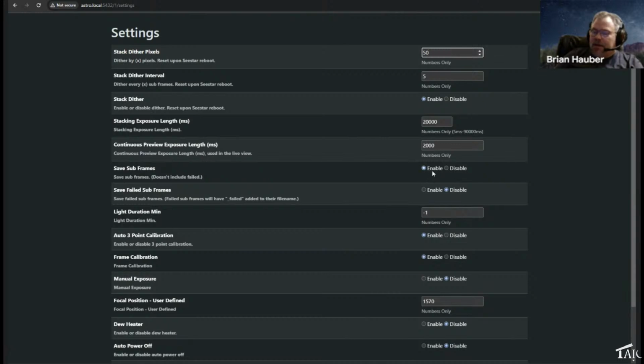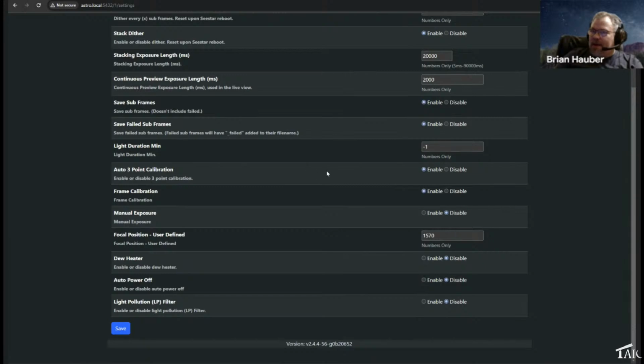You tell it here. Seestar has the option to turn on saving the subframes. But if you have that turned on in the app, it does not save any frames that are rejected by the stacking algorithm on the Seestar. We have exposed that to Seestar, so you can enable saving failed subframes. And we found that the stacking algorithm that the Seestar uses for its live stack is a little finicky. And there's a lot of times there's useful information even on the failed frames, unless you have some severe star trailing.